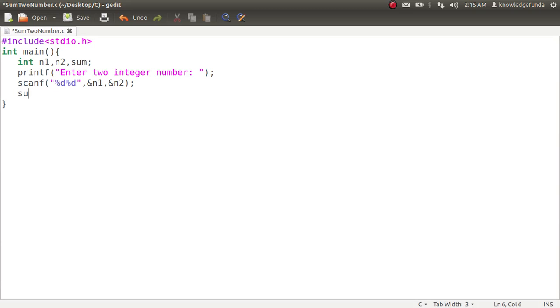Then sum equal to n1 plus n2. So here sum is a variable and n1 plus n2, that means whatever the user will enter, this will be stored in n1 and n2, and here these two values will be added and the result will be stored in sum. Okay,